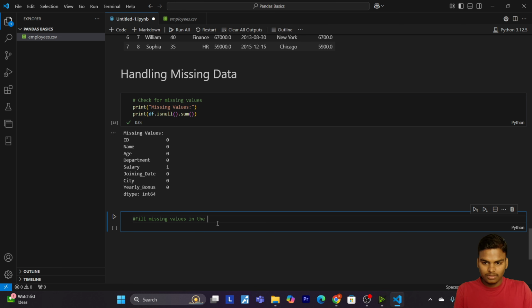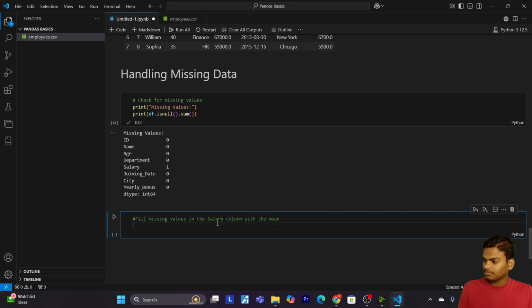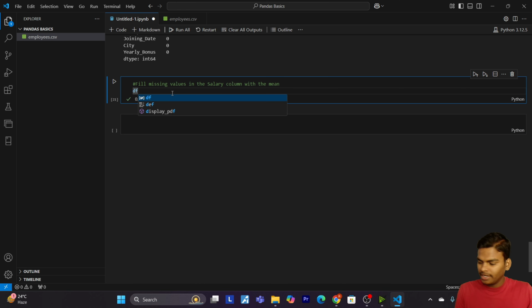in the salary column with the mean. Okay. So now let's write DF, then I will write salary. Okay. Equals to DF.